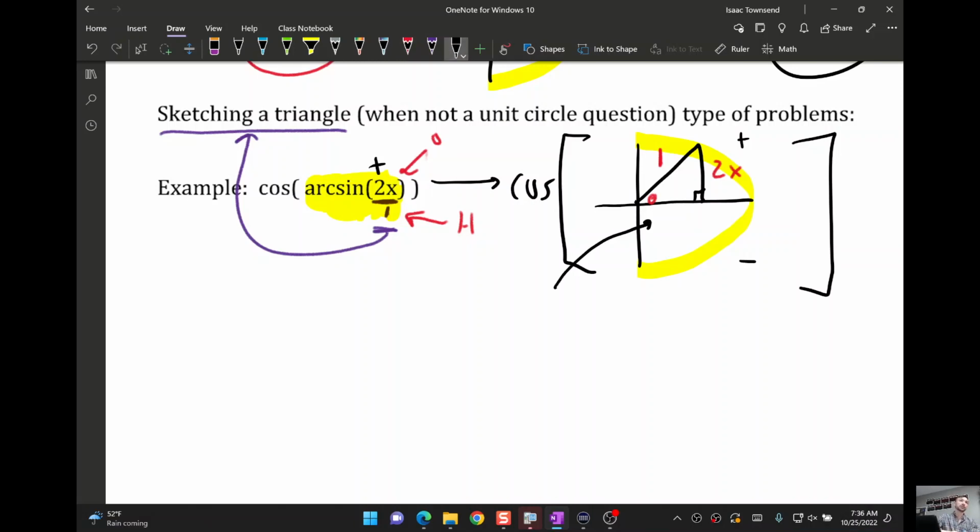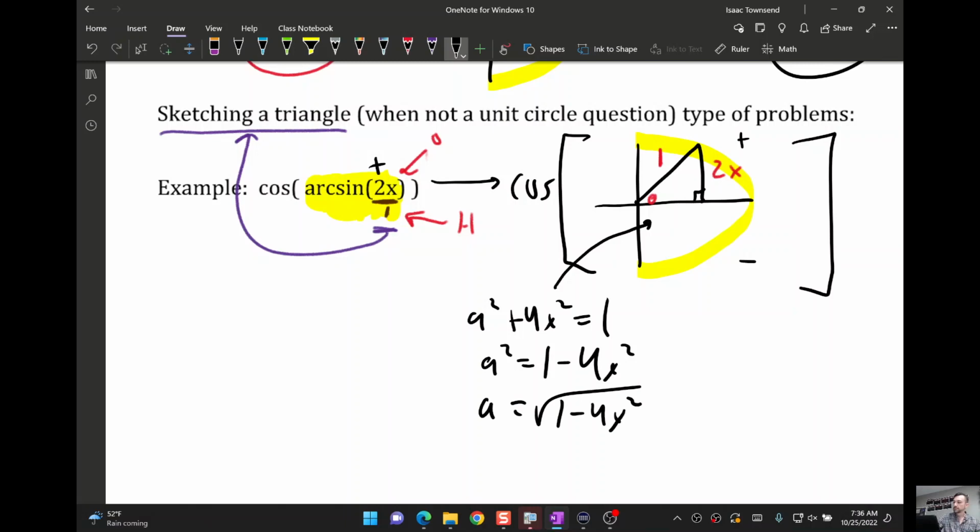99% of the time you're going to need the third side. So leg squared plus leg squared is hypotenuse squared, the Pythagorean theorem. And if this side is in terms of x, it makes sense that the third side is in terms of x too. Wait, where did you get 9? That's A. Oh, my bad. A squared plus b squared equals c squared. I'm just going over it. I know you guys have practiced the Pythagorean theorem a lot. So I did SOHCAHTOA to set up the triangle, the Pythagorean theorem to find the third side of the triangle, and then finally